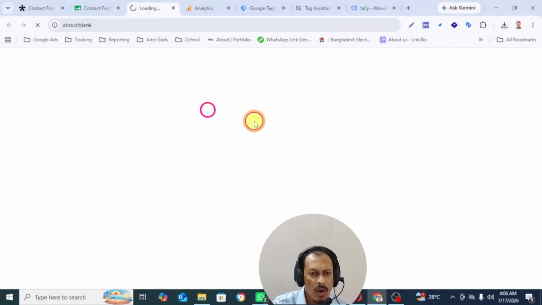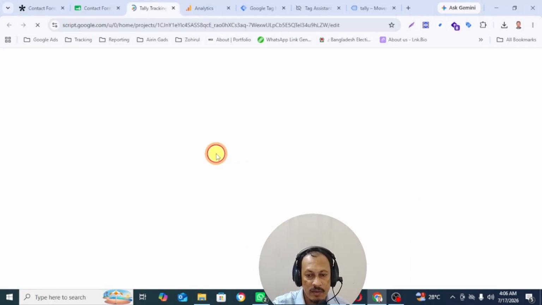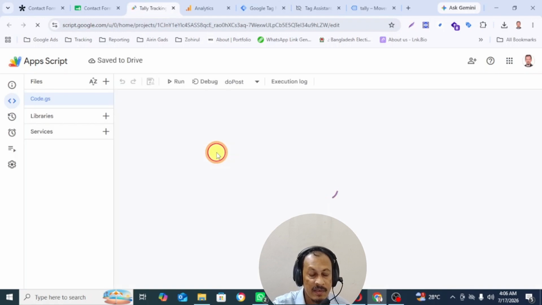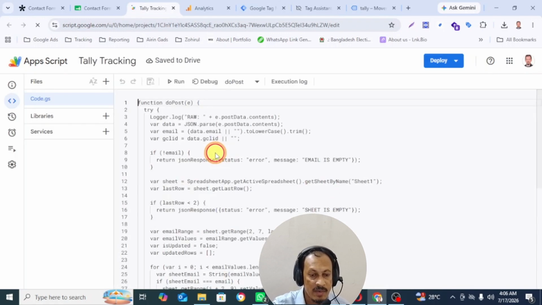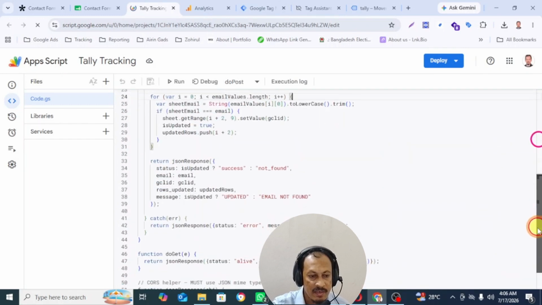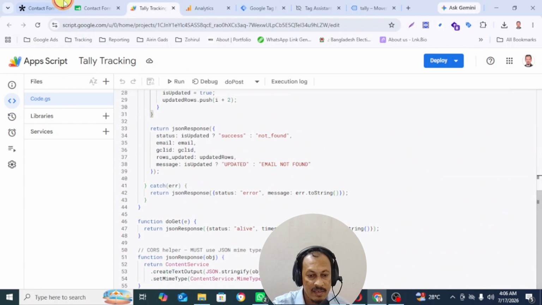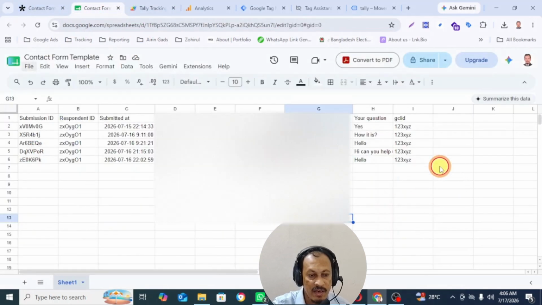Now I am going to step into GTM. Here you see I have submitted three custom JavaScript files. One is Google Click ID collection. One is Tally form listener. Another is Tally Google Click ID. And for Tally here I use a Tally trigger. This trigger successfully handles the Google Click ID submission to